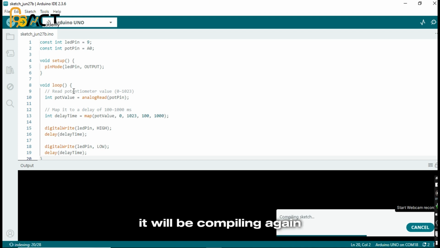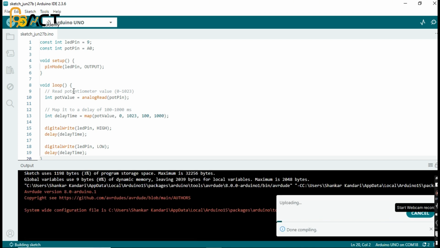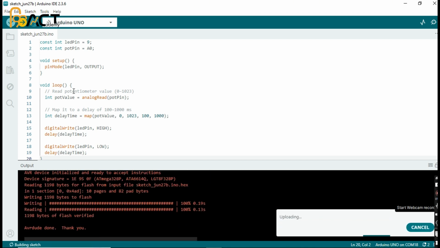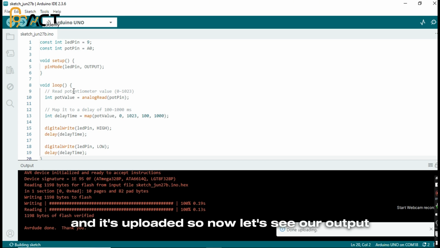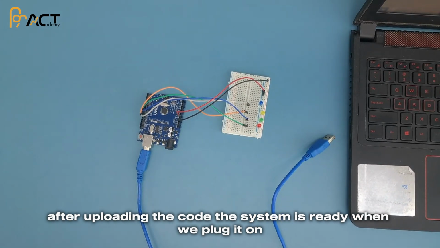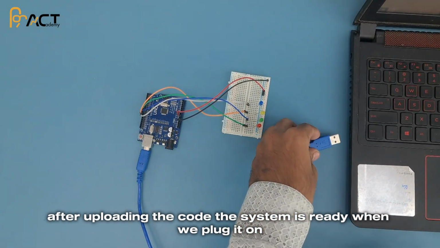It will be compiling again. And it's uploaded. So now let's see our output. After uploading the code, the system is ready. When we plug it on,